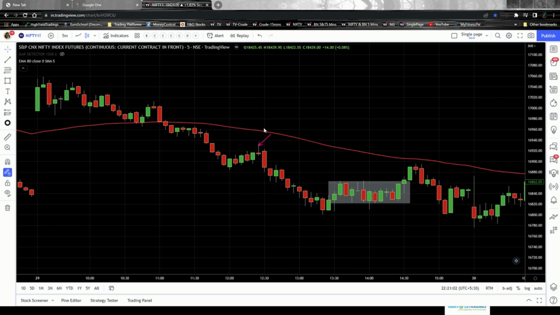And the second confirmation is your EMA, right? So this EMA is also bearish. I mean, it is telling that the stock prices are bearish because the stock prices are just below the EMA. So it is very clear that this particular 80 EMA is working as a resistance and will make all the efforts to make sure that the stock price goes down further. And the same happened here.